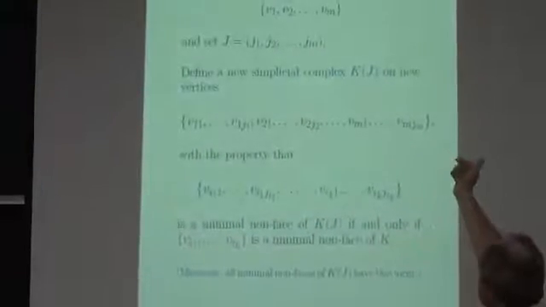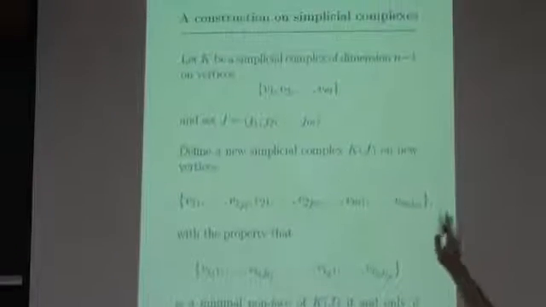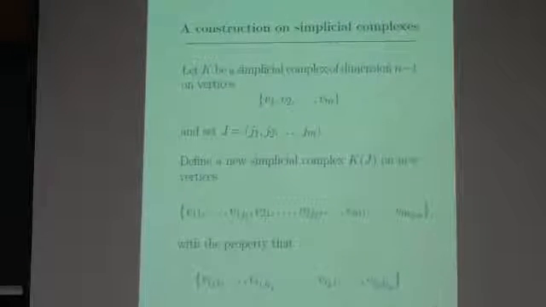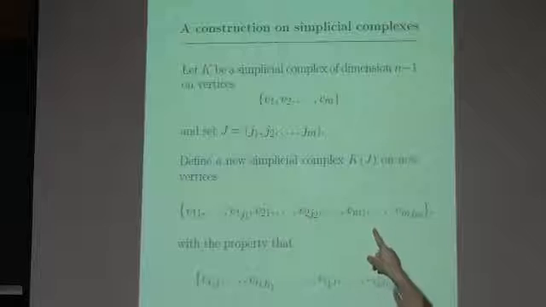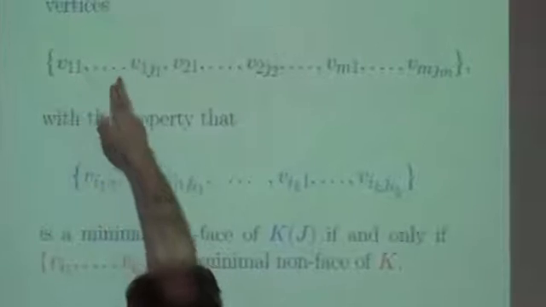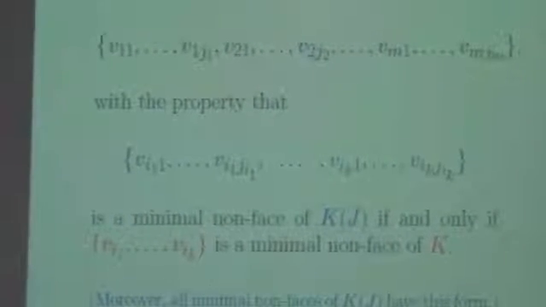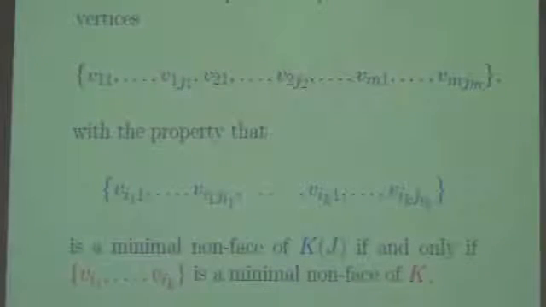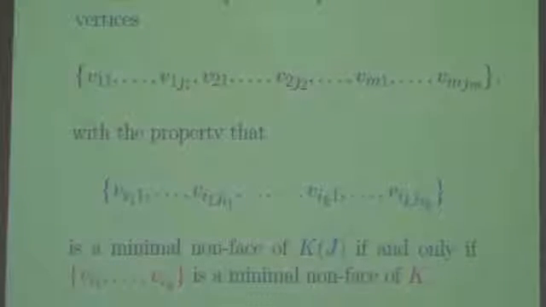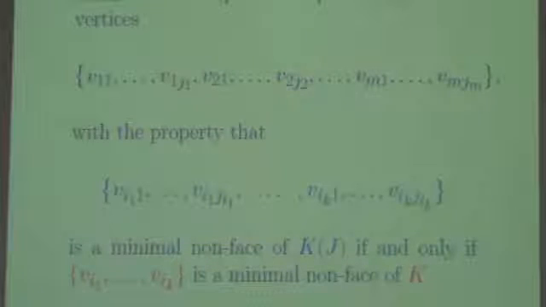But I will go through this. So K has m vertices and you give me this string of natural numbers. Now the new vertices of K of J: the vertices were V1, V2 up to Vm. Well, K of J will multiply V1 J1 times, V2 J2 times, and so on. So the number of vertices is increased in corresponding order with the Ji's. And the rule for defining the simplicial complex is